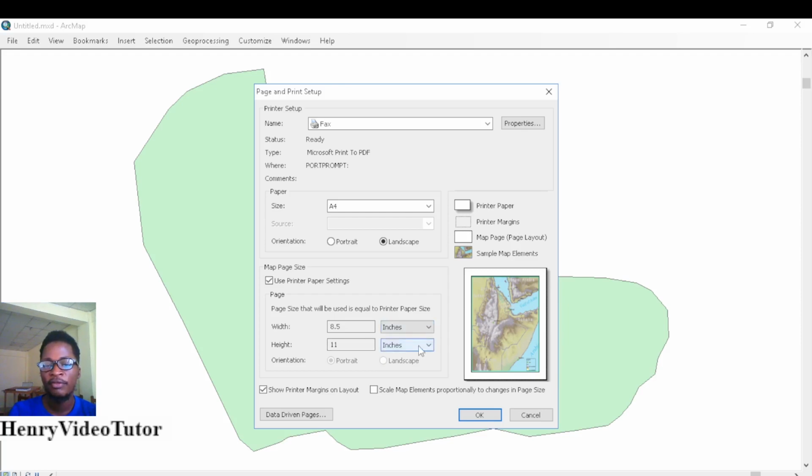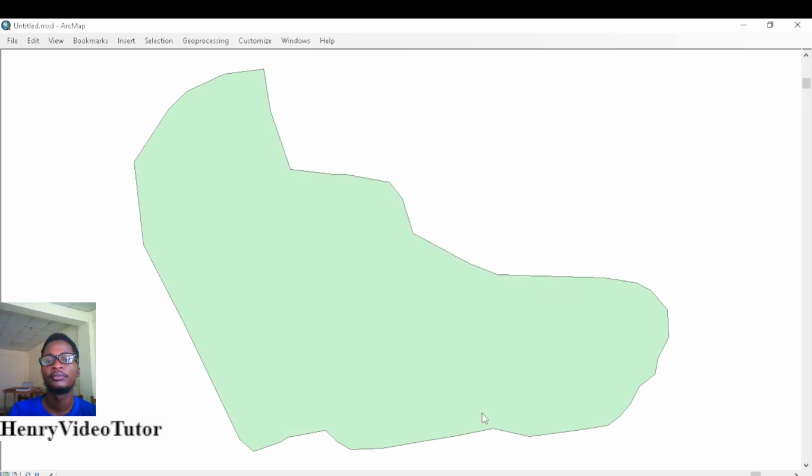And you also have the inches. You can also change the SI unit if you want. And you can also change these figures, the width and height if you want, right? So after you have set up your paper, your page and print out, what next you do is you just click on OK, and this will take effect